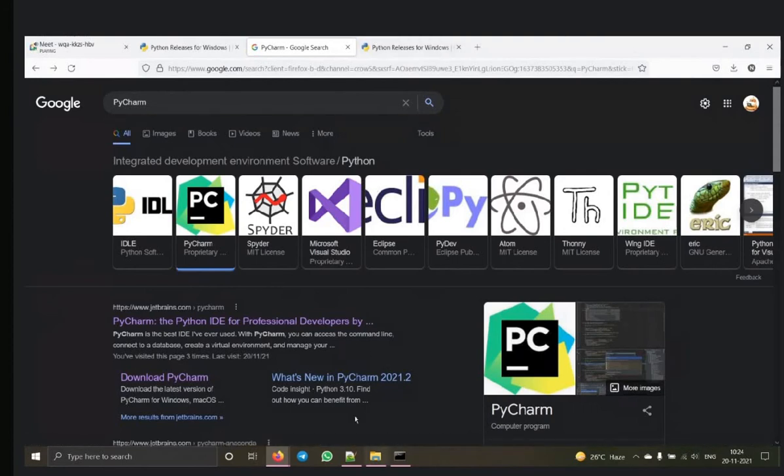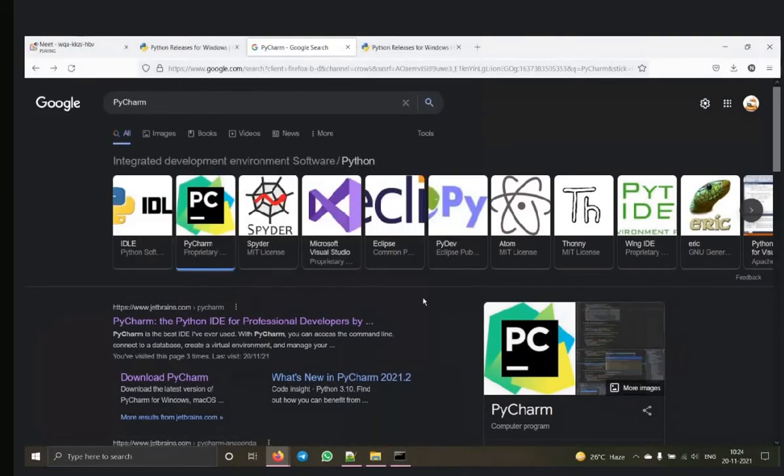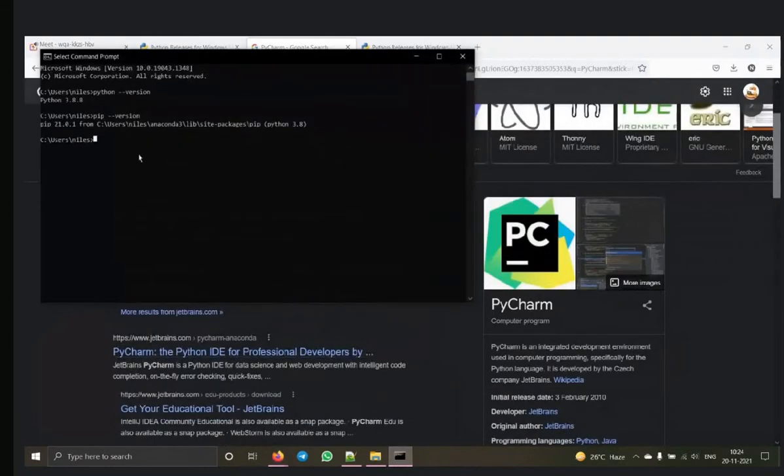Apart from that, since these IDEs are quite heavy in size and downloading performance, we are going to use a lightweight IDE to run our day-to-day programs. So we are going to use Jupyter Notebook with the simple command pip install jupyter notebook. Keep in mind there is a space between jupyter and notebook. Once you hit enter,